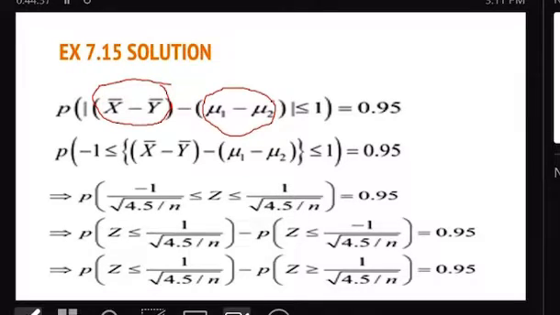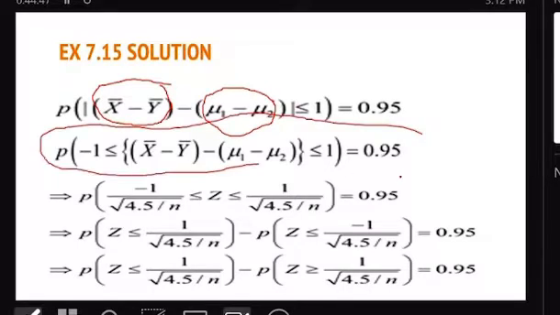If I want to remove the absolute value, mathematically speaking, I'm going to have this, then that is going to lie between -1 and +1. Any question? Okay. Now, what I'm going to do right now, I will apply, getting this z-score.